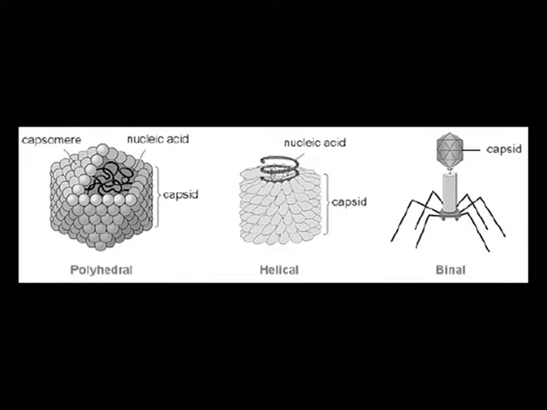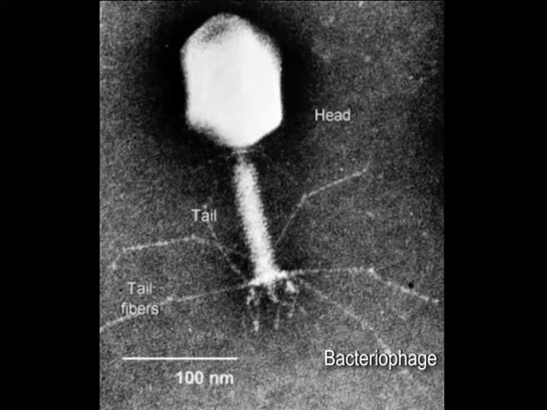Virology is the study of viruses. The virus particle, as it is called, is only formed of an inner nucleic acid and an outer protein coat. And on the basis of the shape of this protein coat, they may be spherical, they may be geometrical, or sometimes binal structure. Upper part is geometrical and the lower part is helical, like what we see in bacteriophage.